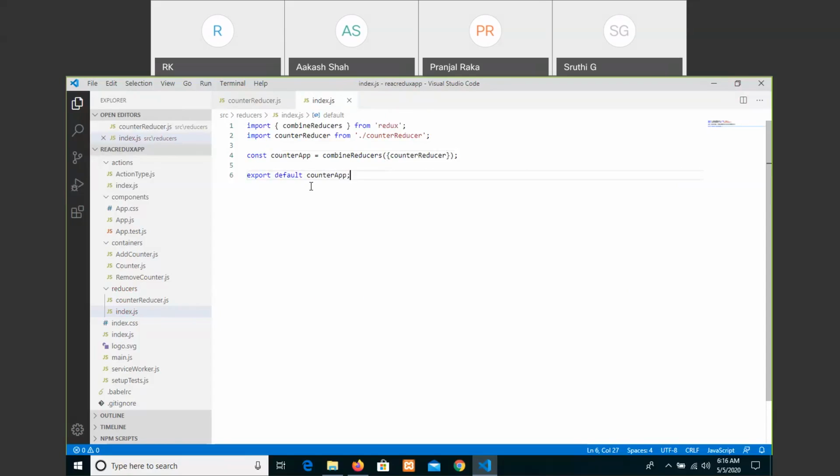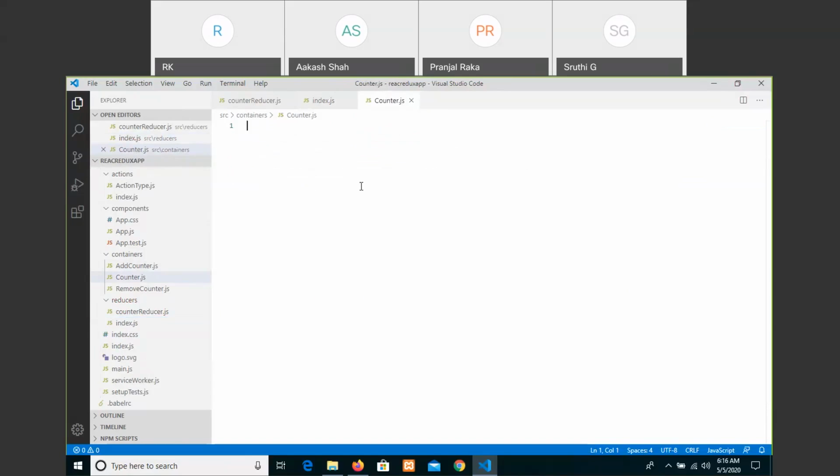So with this, we are finally connecting to counter.js, and in the counter.js file we have to get an output. So let's write. Then in the counter.js file, import React and its Component from React.